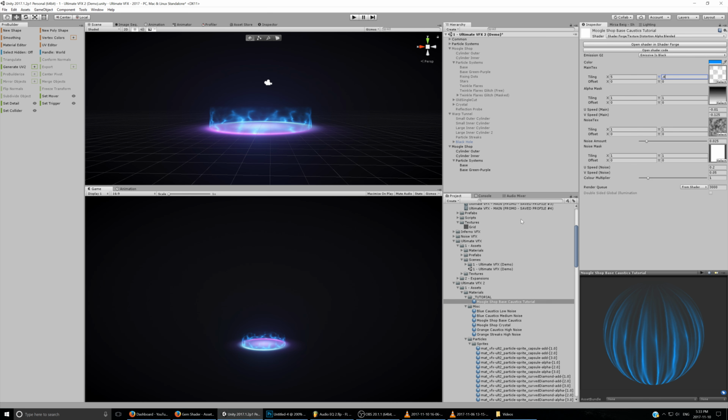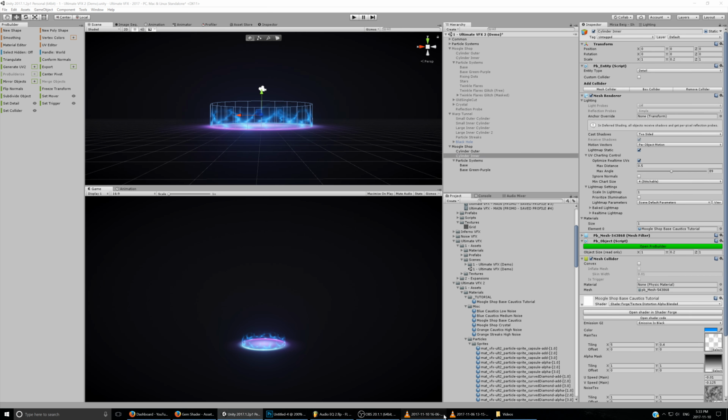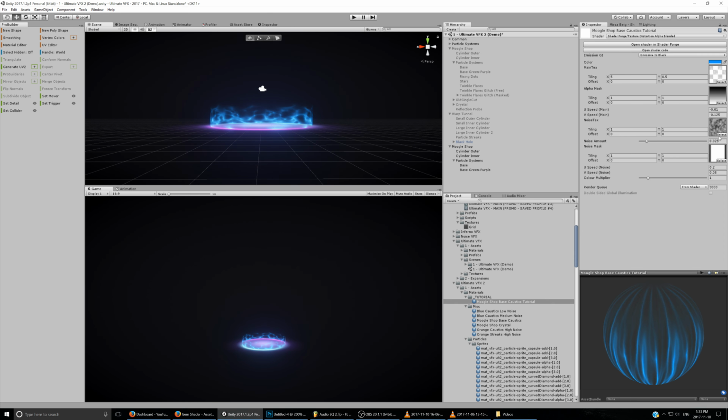0.4 actually almost seems better. It's really up to you. Again, you can keep messing with this. You can look at what this looks like, and compare and change it up however you want. This one actually has even less distortion, so it's like 0.15 or something. And it seems to be moving up a little bit faster, so we can change the